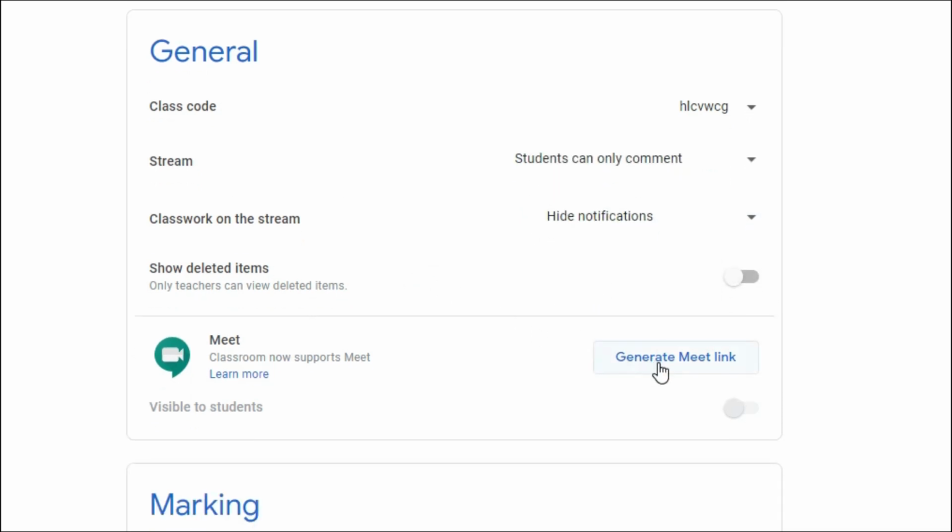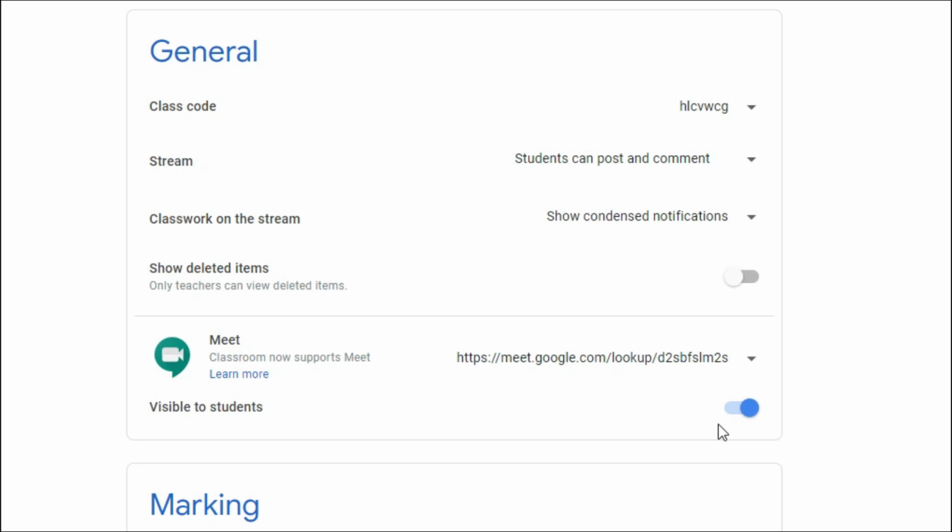Next, Meet. Generate Meet link. Just click it there, and the Meet link will be generated. Once the Meet link is generated, you can invite the students for the meeting, which we are going to use later.